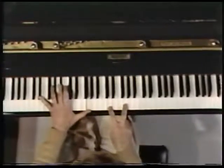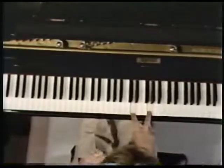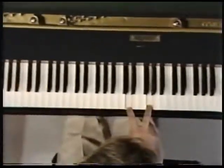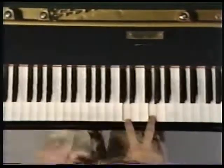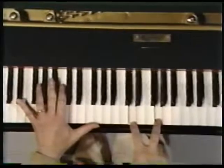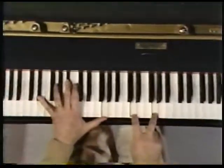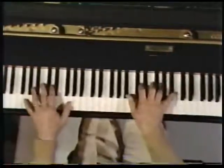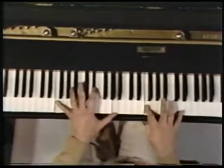Notice that we're starting here with a fourth interval, which by itself doesn't sound particularly pretty, but when you add it to other notes in the left hand, notice the rich, remarkable beauty of it. Then we're going down a whole step, and now a simple G minor, F7th,